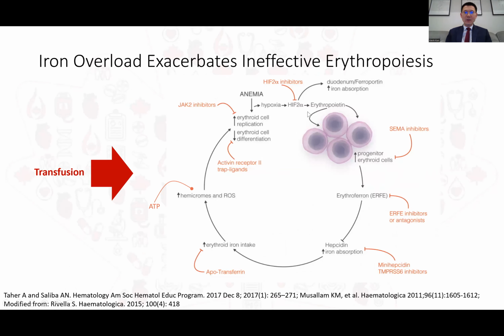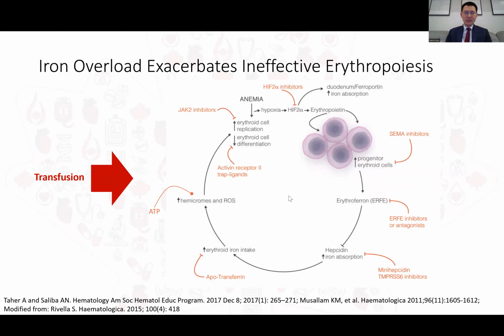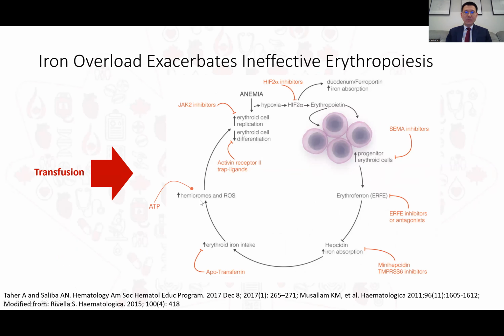So how does iron contribute to ineffective erythropoiesis? The influence actually goes both ways. Increased iron recycling and absorption lead to increase in erythroid iron intake, and this in turn leads to increased hemichrome generation and reactive oxygen species generation. This leads to increased erythroid cell replication and decreased differentiation, which is the hallmark of ineffective erythropoiesis, with hypoxia inducing